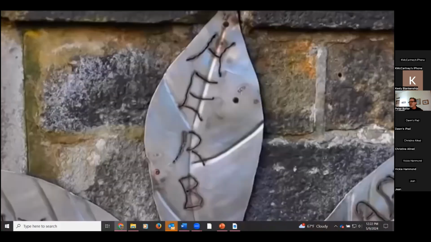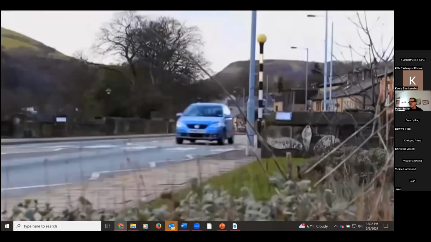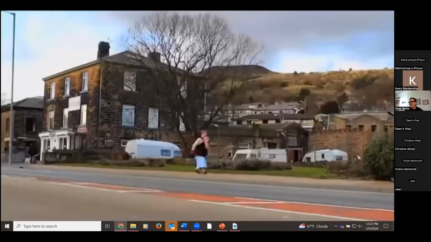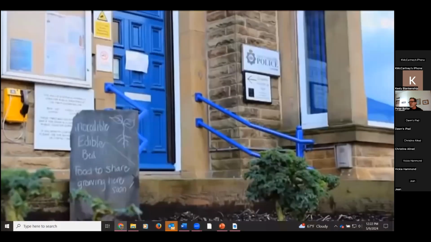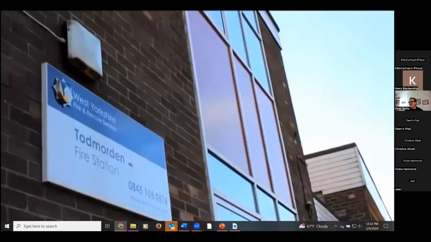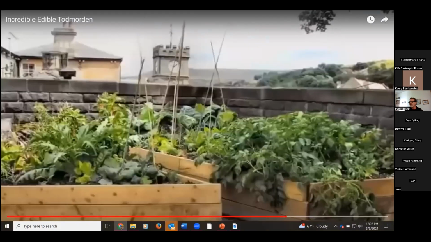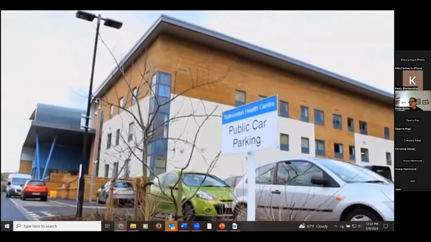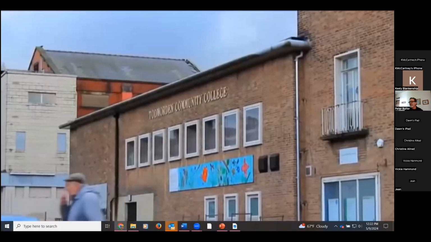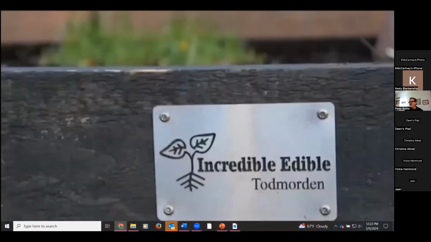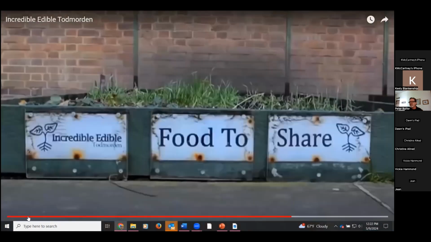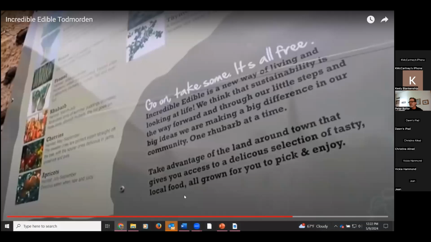A community herb garden sits unobtrusively on the main road to Burnley. Produce is sprouting outside the police station, the fire station, the train station, and even the health centre. And all of these growing spaces have been created and are run by local volunteers. And the message is, go ahead, take some, it's free.